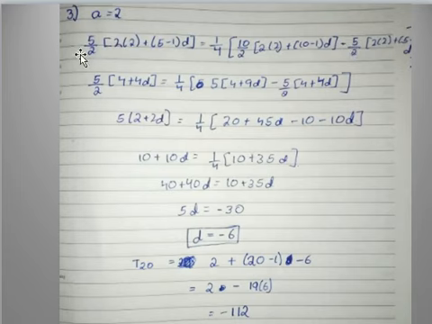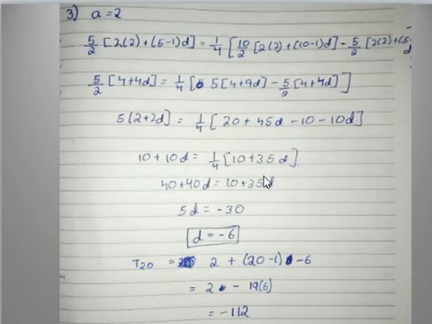Now I'm simplifying this: 5 minus 1 equals 4, and 2 into 2 is 4, and I get 5/2 into 4 plus 4d equals 1/4 into, again I have simplified this. Now this 2 and this 2 from both of these get cancelled out. Now 5 into 10 plus 2d equals 1/4 into 20 plus 45d minus 10d, and from that I'm going